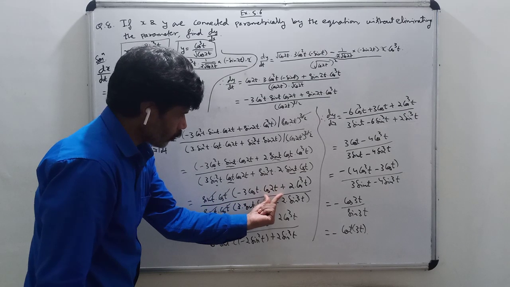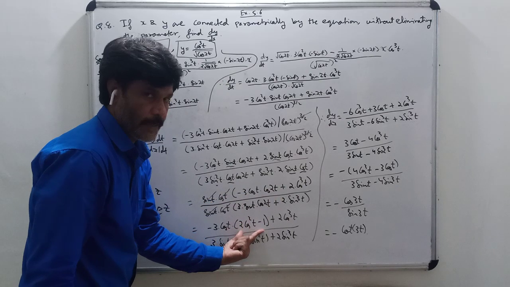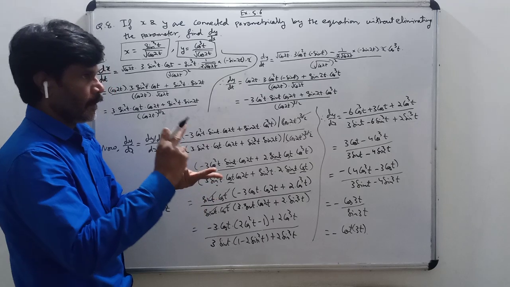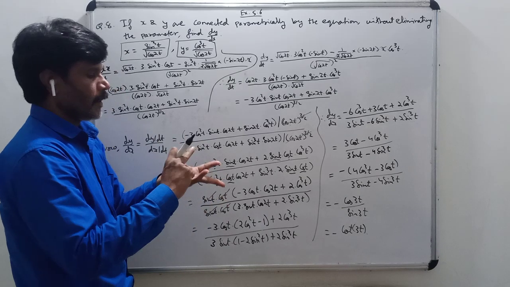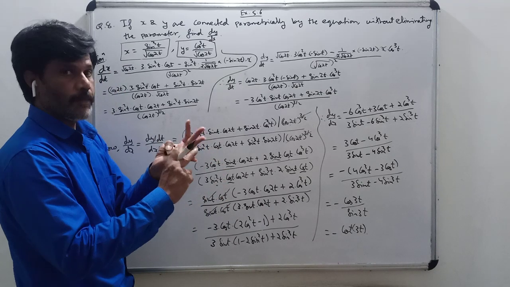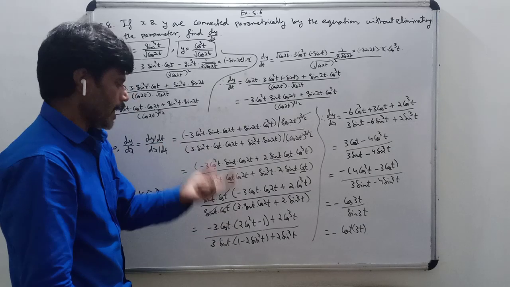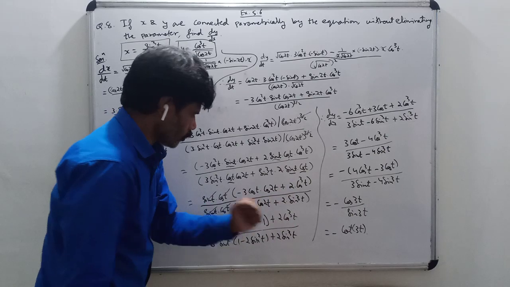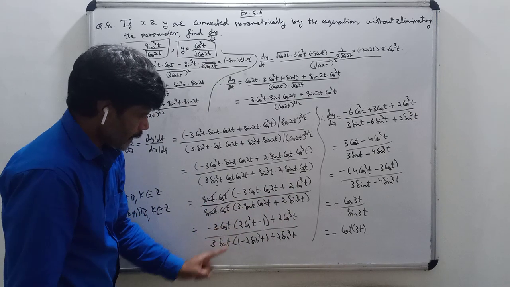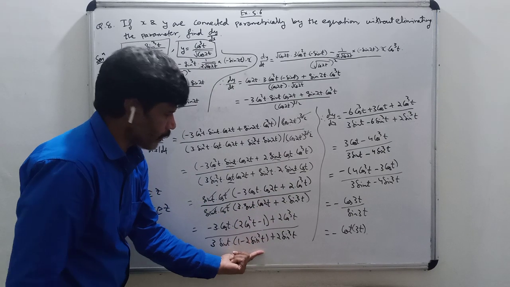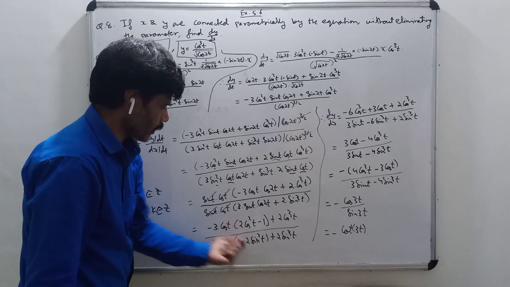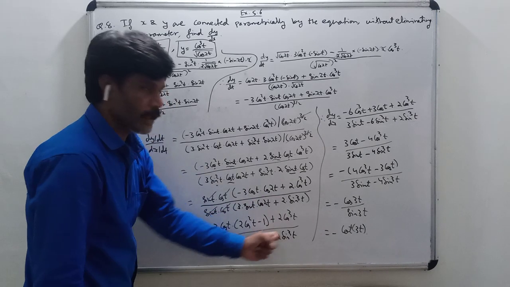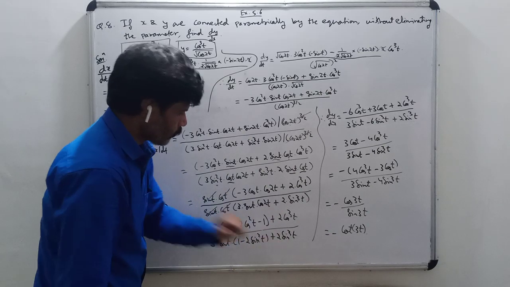Now in place of this cos 2t, I am writing 2 cos square t minus 1. Actually, there are 4 formulas for cos 2t. One is cos square t minus sin square t, another is 1 minus 2 sin square t, next is 2 cos square t minus 1, next is (1 minus tan square t) upon (1 plus tan square t). But as per requirement, we will use 2 cos square t minus 1 plus 2 cos cube t, upon 3 as it is, sin t as it is. Again, in place of this cos 2t, I have written another formula, 1 minus 2 sin square t. In the numerator everything I am converting in cos, and in the denominator everything I am converting in sin. Okay, plus 2 sin cube t as it is.